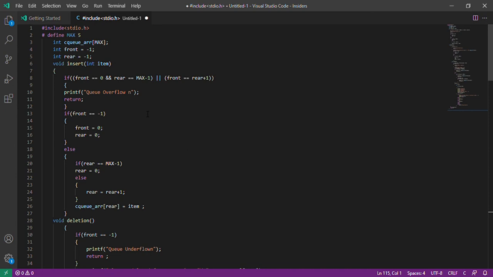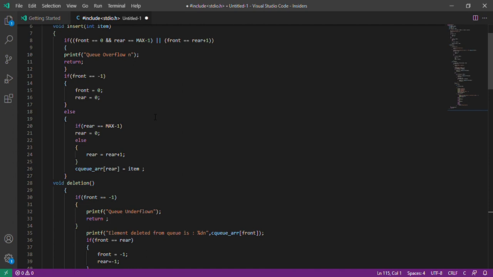So if the rear is at the last location, if incremented, it will be pointing to the first element. Okay, and moving on with this session, circular queue in C. In this insertion part, check if the circular queue is full.